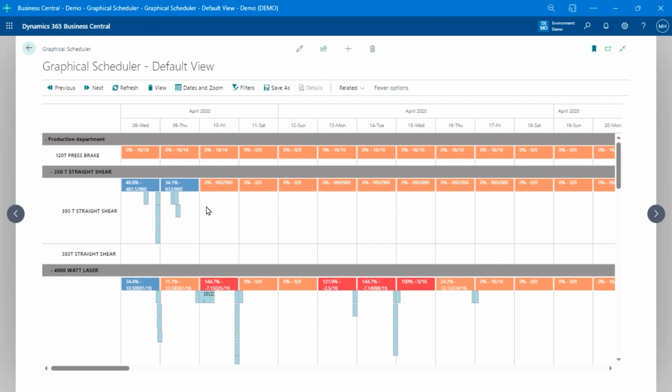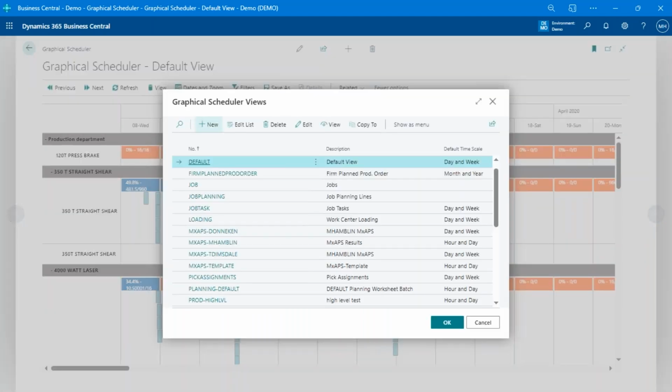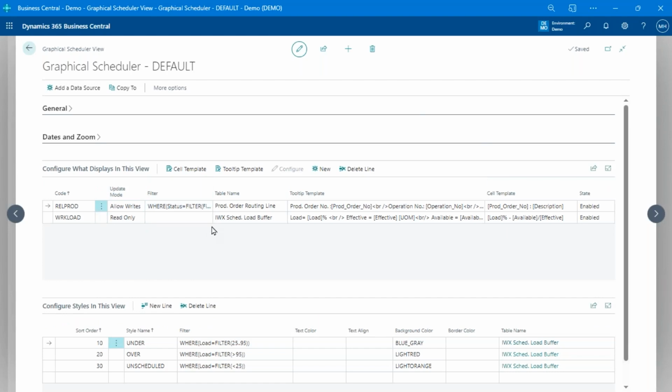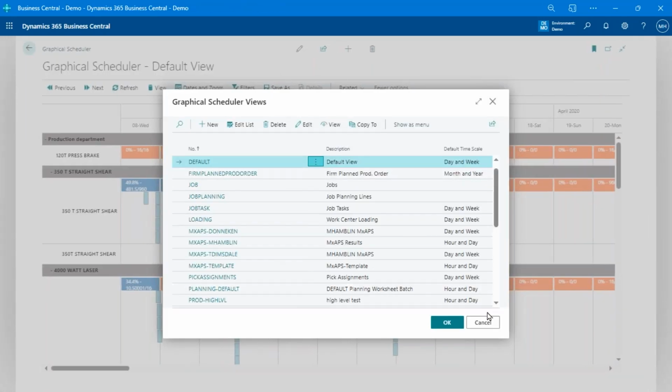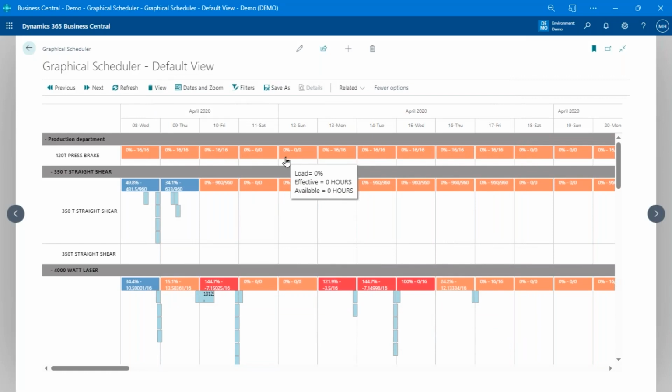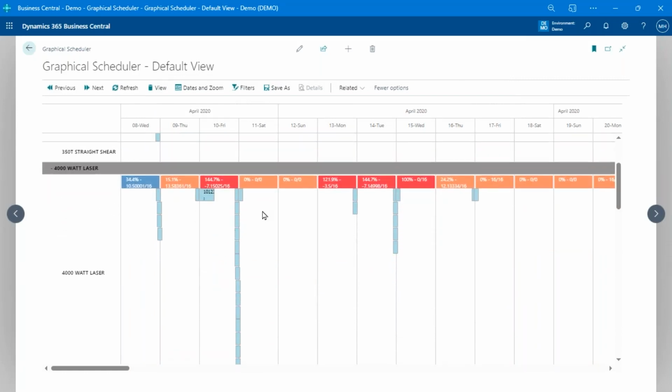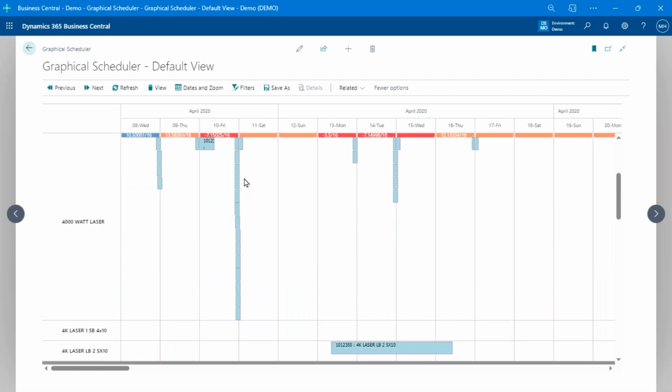A couple of little things on this graphical scheduler. I added in work center loading here. In these views that are available, you can add in whatever data you want to show on the view with this add data source here, and you can set colors and all sorts of stuff. All I did compared to the default view is add some work center load on here. But the important bit is, if we look, here's Friday afternoon on my laser cutter work center, and everything is scheduled on basically the same day and time. I couldn't give this to the shop and say, do this. This would not work, right?